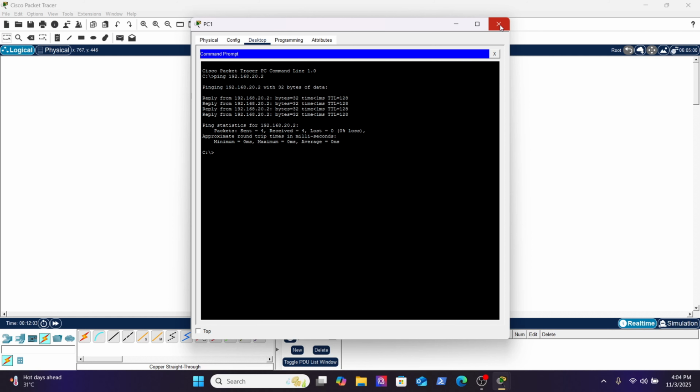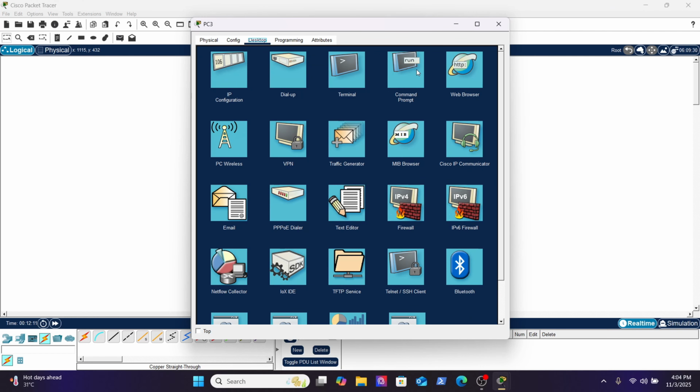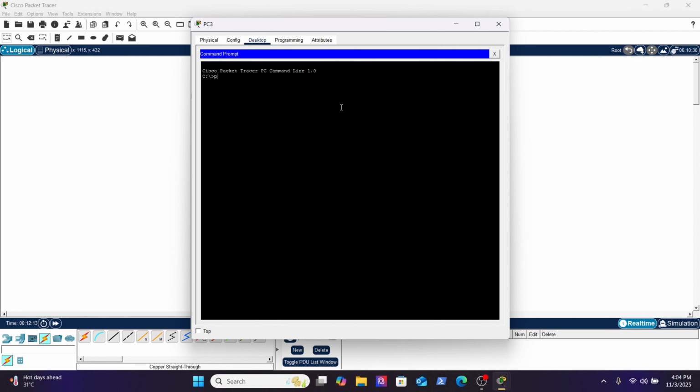As you can see, let's test this VLAN also. Go to command prompt, ping, and paste the IP address. As you can see,